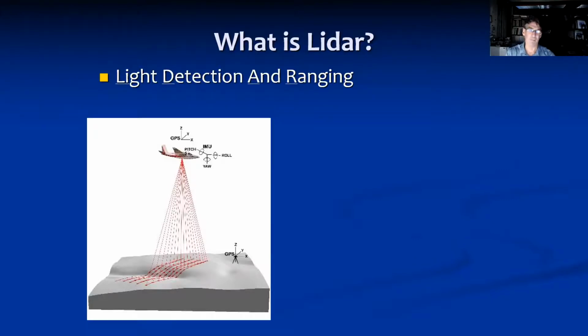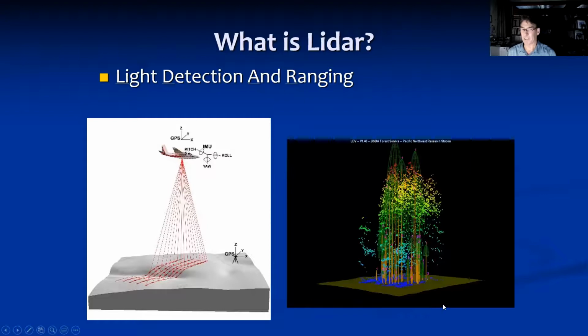So what is it? Just for the people who don't know much about it, LIDAR is an acronym for light detection and ranging. And it's basically this idea that you fly over a landscape with an airplane that has a laser scanner in it. That laser scanner sends out pulsed laser beams at the ground in really rapid succession, thousands of pulses per second as it's flying along. It's got a very high precision GPS, so it knows exactly where the airplane is and exactly where the ground points are, where all the returns are coming from. And that laser beam just coats the landscape, just like any other type of scanner you might know of.